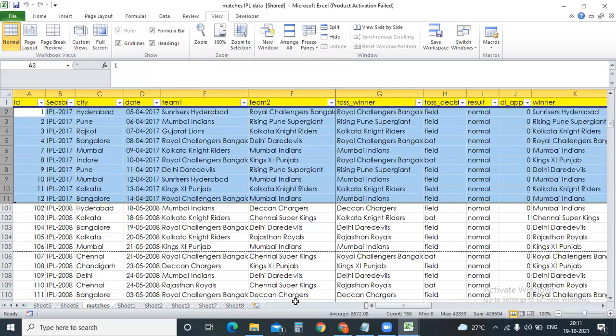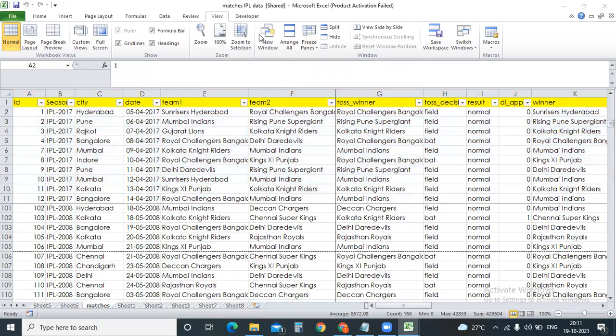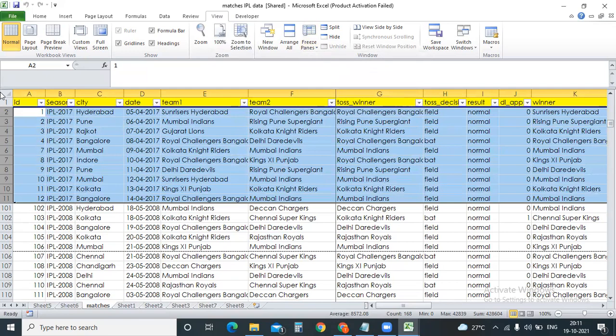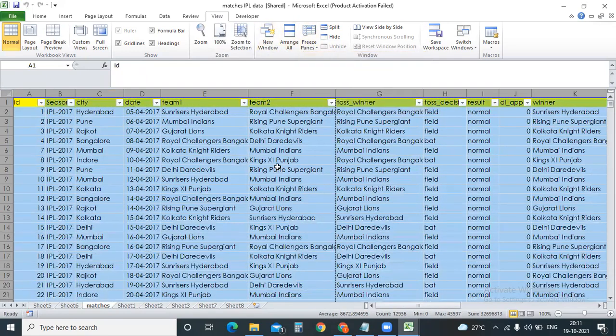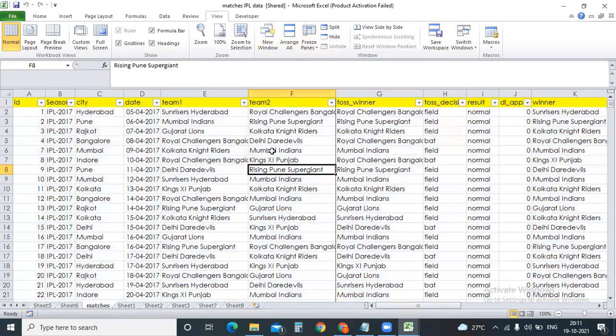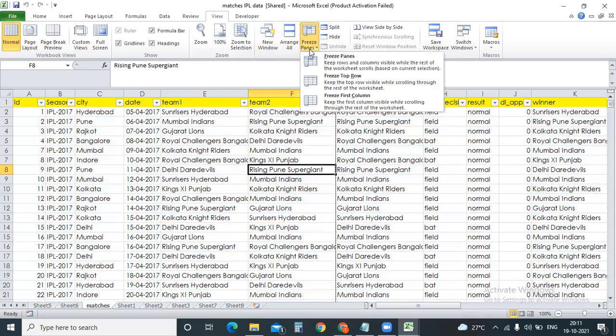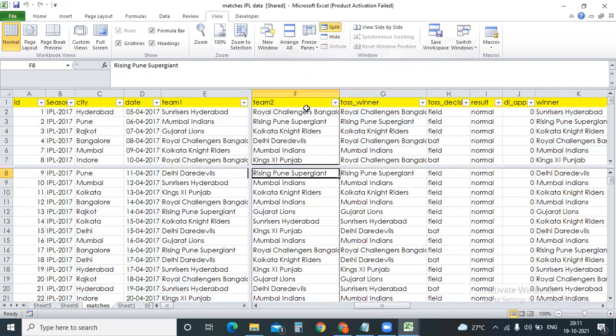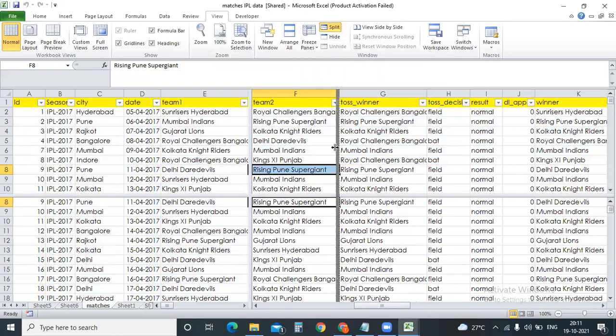Okay, sir. Okay, now freeze panes, it's just a simple option, just unfreeze. If you want to unfreeze it, again select the data, go back, unfreeze the panes, and everything has now been unfrozen. This is more or less about freeze panes. Okay, clear? Now what is meant by split? For example, I need to split this Excel into multiple parts. Just let me split it. By splitting like this, can you see here, the Excel has been split in multiple ways.